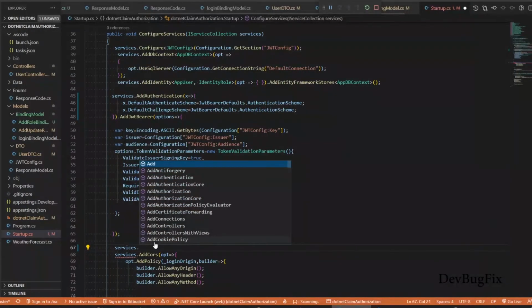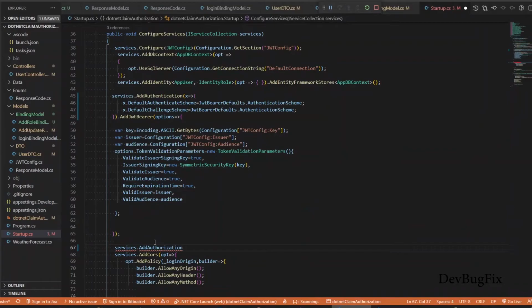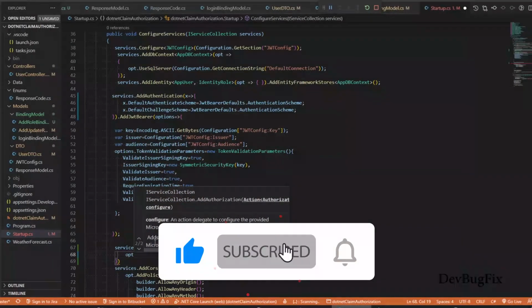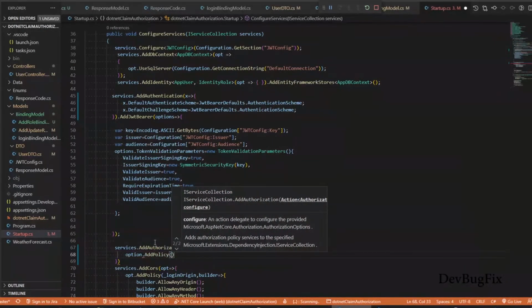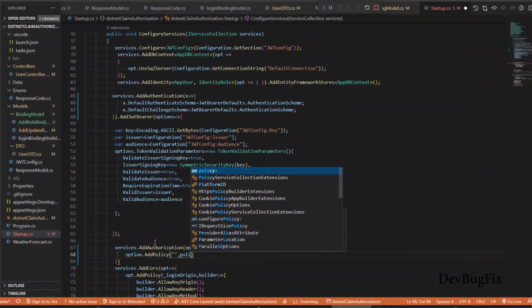We can add multiple policies here. Services.AddAuthorization. In a lambda expression, options.AddPolicy. In the first argument we pass a policy name. In the lambda expression we pass a roles requirement.